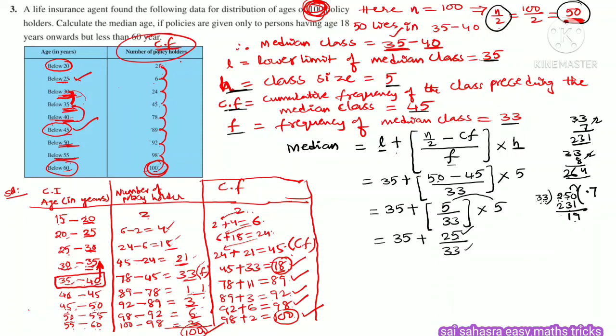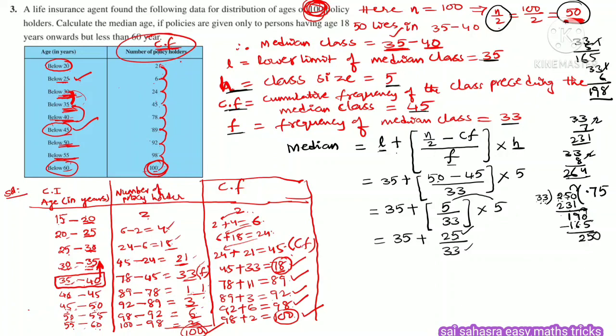19 is again not divisible by 33, so we consider the point and a 0 comes: 190. 33 how many times? 33 times 5: 5 threes are 15, plus 1 is 16, so 165. It is less. 33 times 6: 6 threes are 18, plus 1 is 19, so 198, which is crossing 190. So we take 33 five times only, that is 165. Out of 190, subtracting 165, you get 25. 10 minus 5 is 5, 18 minus 16 is 2. 25 is again not divisible by 33.